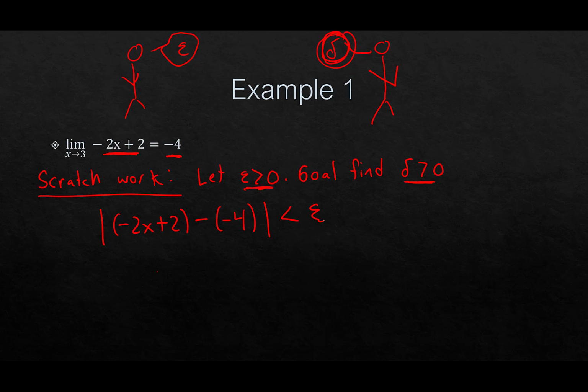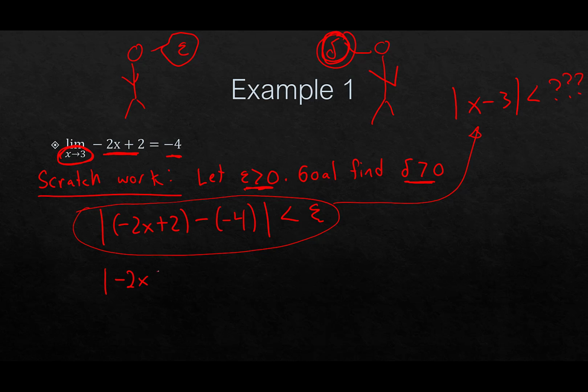Okay? And now what we're going to do is we're going to manipulate this inequality to somehow get x minus 3, okay, which is coming from our limit part here because we're taking the limit as x approaches 3. We want to get that this somehow is less than something. I'll just put question marks for right now. Okay? Now let's see how we do that. So let's somehow manipulate our inequality here to get this. Okay? So let's go ahead and start simplifying the inside of this crazy absolute value.